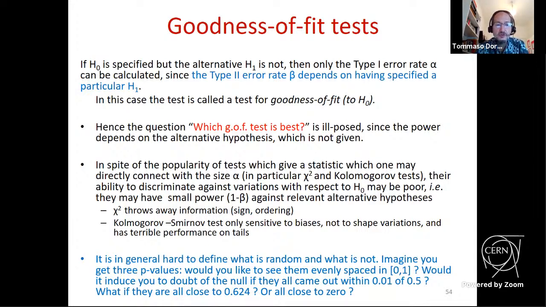Some tests will be more sensitive to some variations from the model you are trying to assess, and others will be more sensitive to other features. And I've made a few examples. Okay, so I wanted to pound on this issue just to then go on